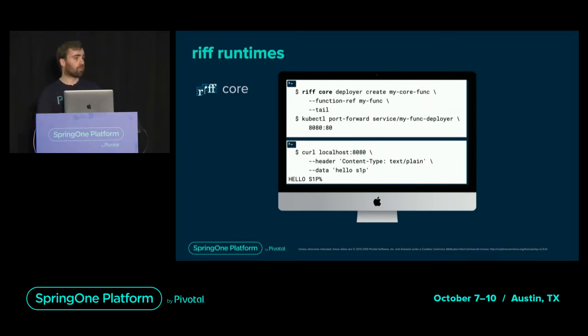In that case, for demo only, we are forwarding a local port, so we can curl the resulting workload as if it was deployed locally. That's why we map a local port to the remote one. And then we curl as usual. In that case, it was the uppercase function that we saw earlier. You just need to set the content type, send data in, and get data at the end. It's as simple as that. And so far, no YAML and no eyes hurt.